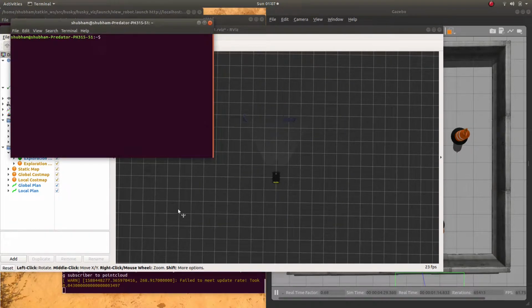Now we will be using the Gmapping launch file for the SLAM part of the video.